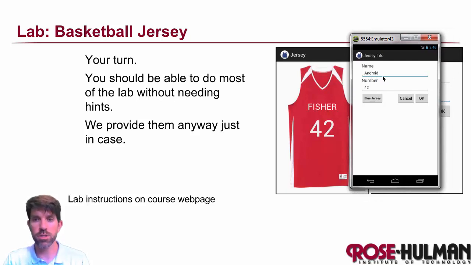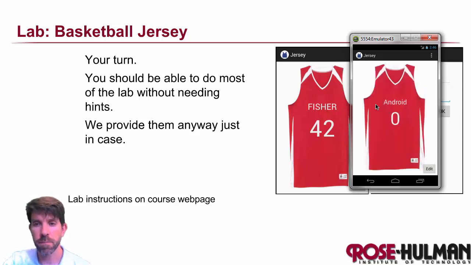And let's say we wanted to make a jersey that said Android, and we want it to say class 483 section 1, and make it red. So let's go ahead and click here, and the 483-01 shouldn't be handled, because as you'll see in the lab, it should only accept standard numbers. Red is no problem. Let's go back here,